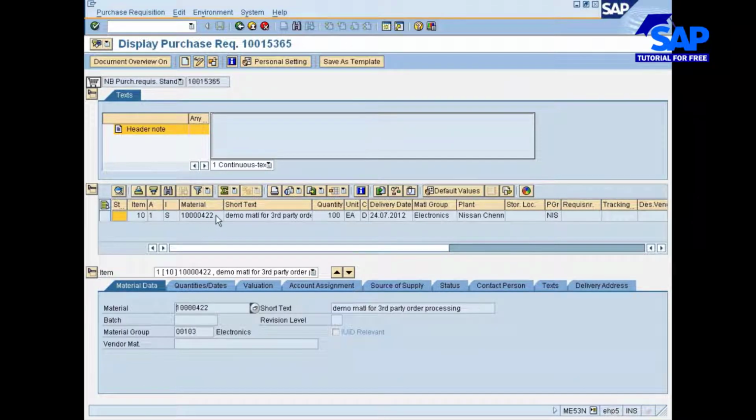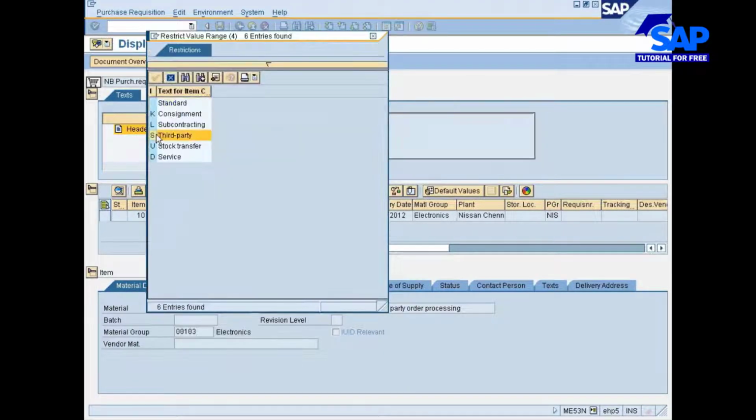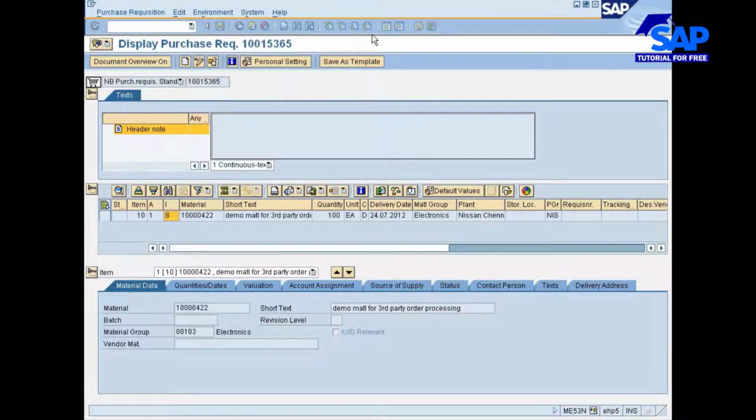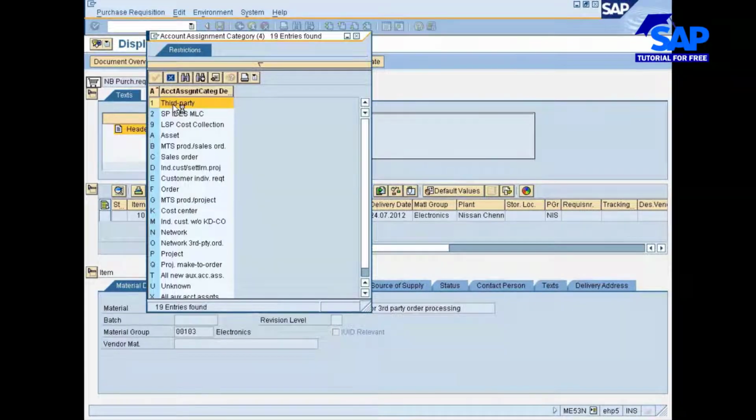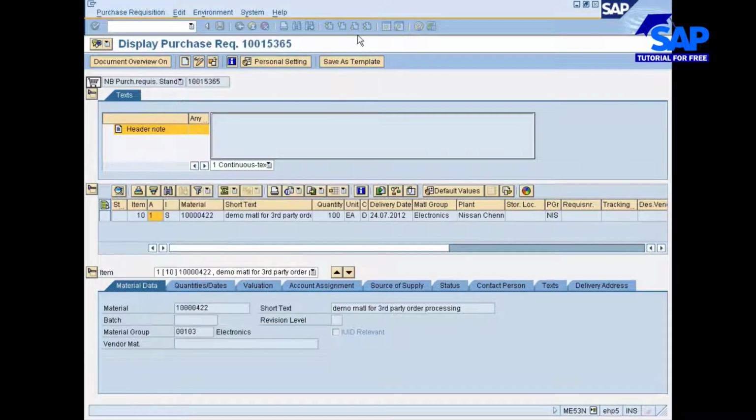Okay, look at here, this is the material. Now you see item category. Yes stands for third party item. Look at here, this is third party item. And you see here account assignment category. What is one? It's a third party item, therefore it is 1. Right? Account assignment, if you look at it,